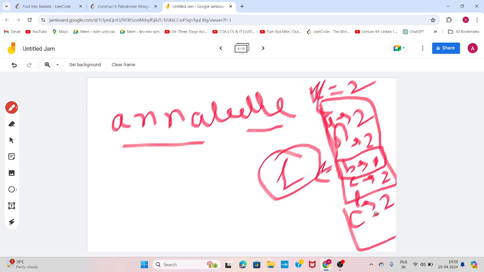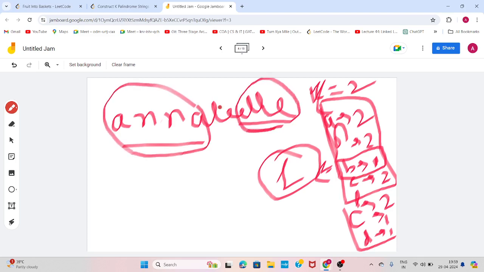what if we have C also for 1 time and D also for 1 time, meaning more than k. So B is for one time, C is also for one time, D is also for one time. So what we'll do, we will first arrange B in the middle, because it is giving a palindrome, and A and NN are giving palindromes. So we will put B in between, like it will become